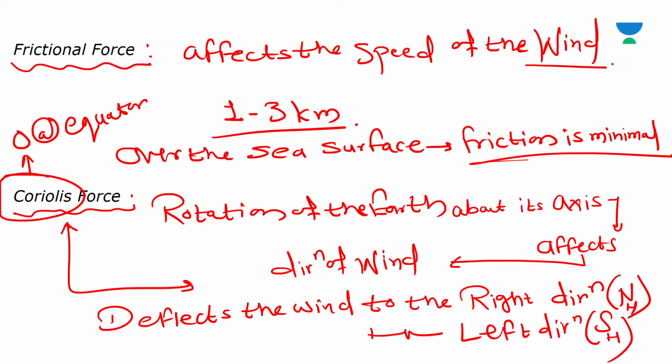So we were discussing this: Coriolis force is 0 at the equator, where the wind blows perpendicular to the isobars and the low pressure gets filled instead of getting intensified, and that is the reason why tropical cyclones are not formed near the equator.